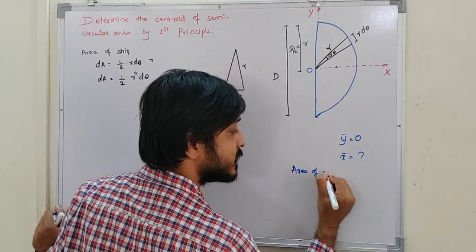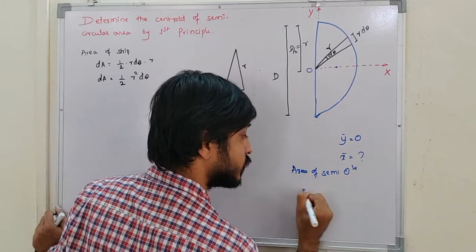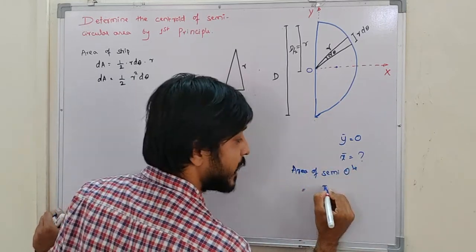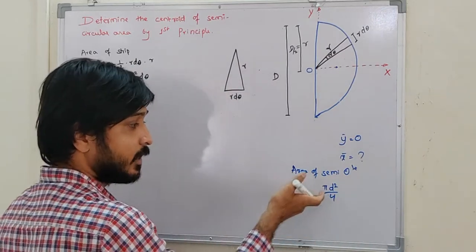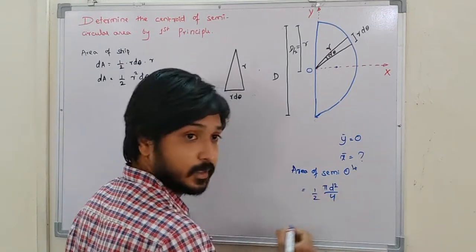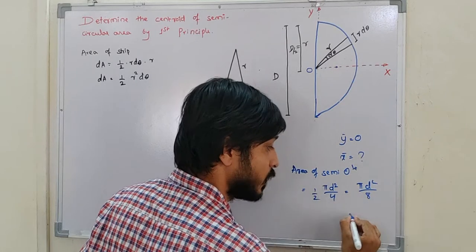Area of semicircle is equal to how much? Actually, area of a circle is how much? Pi d square by 4. Correct? This is area of a circle. But semicircle means half of that. Correct? So that I can write it as pi d square by 8, or also